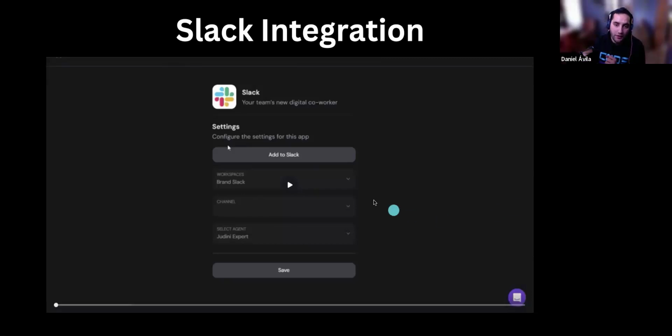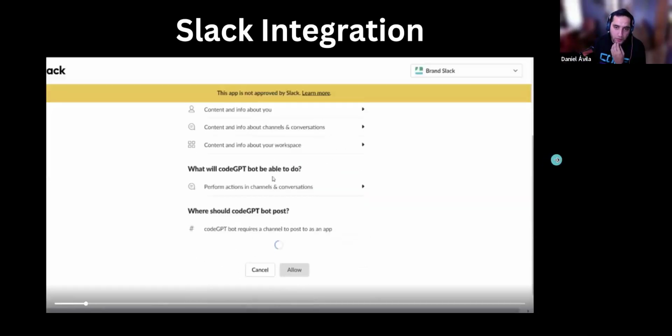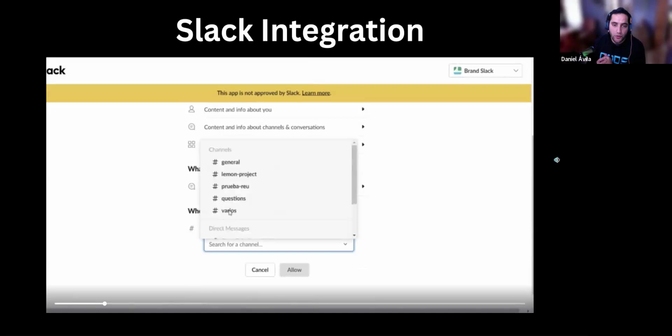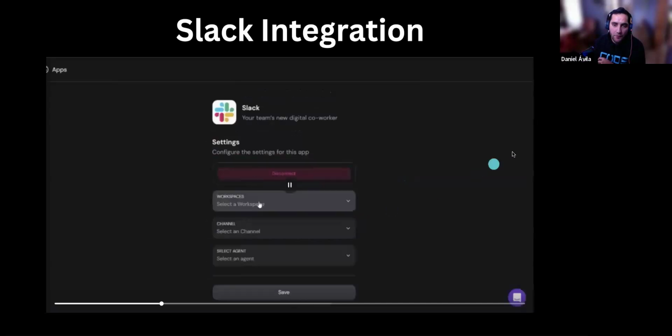So in this example, we are connecting the agents inside of Slack. So you could select your workspace in Slack, and you could connect this agent inside of your Slack environment.